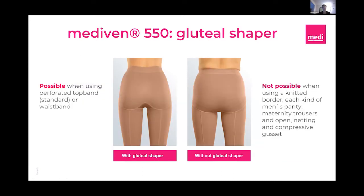And now we talk butt. So our glutes are important. And you're all wearing flat knit products, and sometimes the product will create a bit of a diaper bum, I like to call it. So it looks like wearing a brief underneath. And this is why Medi created a gluteal shaper, because we are aware of our young